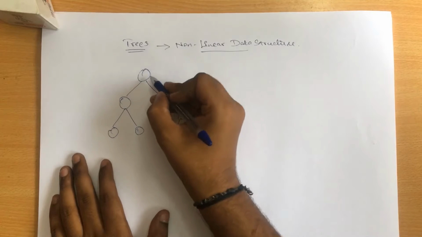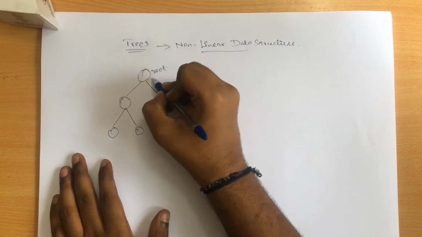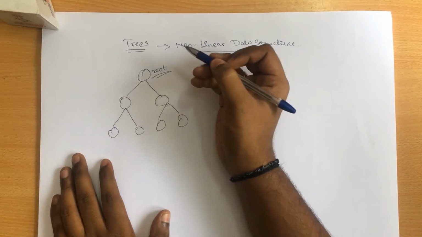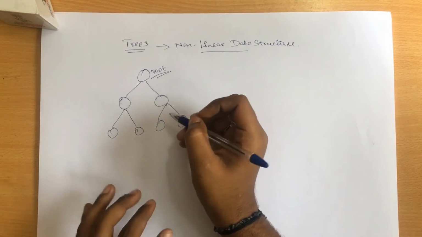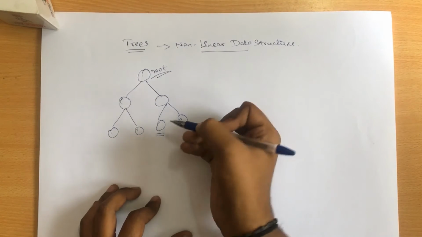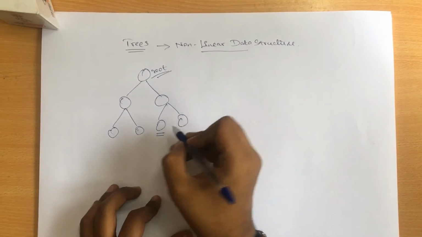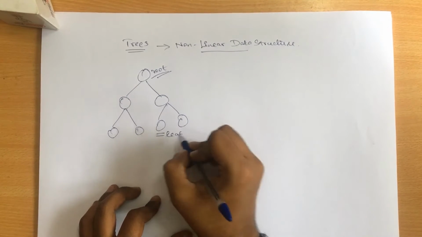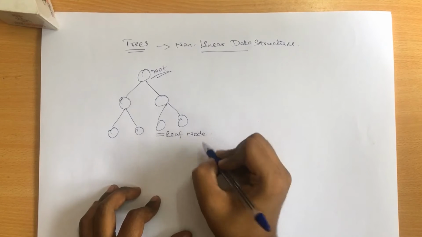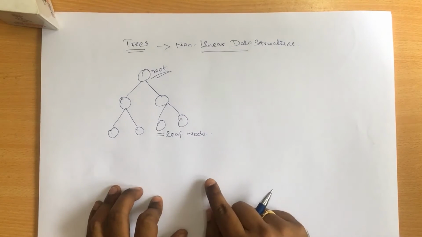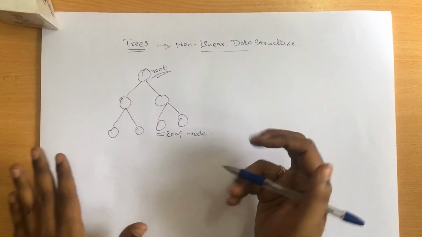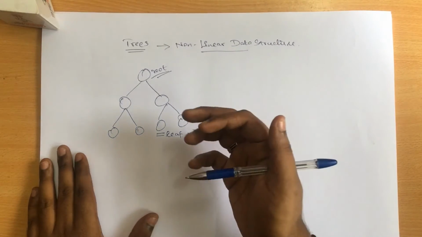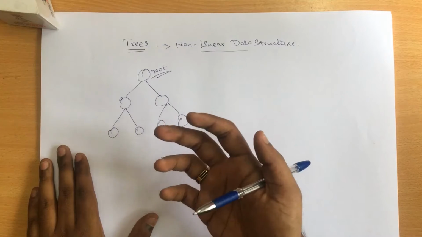So assume that here I have a root node. The top of the tree is always called the root node, followed by which you will have some more nodes, and the node which doesn't have any other nodes after it is considered to be a leaf node. So a node that doesn't have any children after that is a leaf node. So this is the structure of a tree.